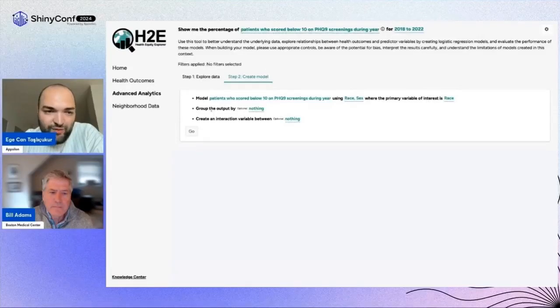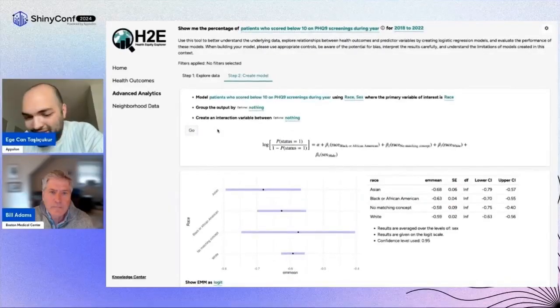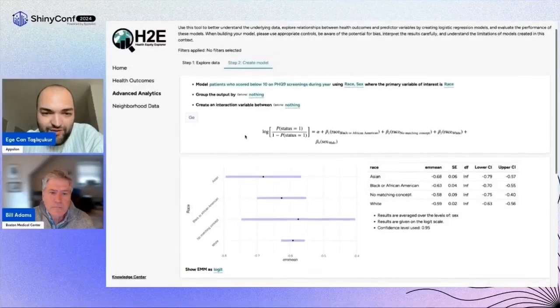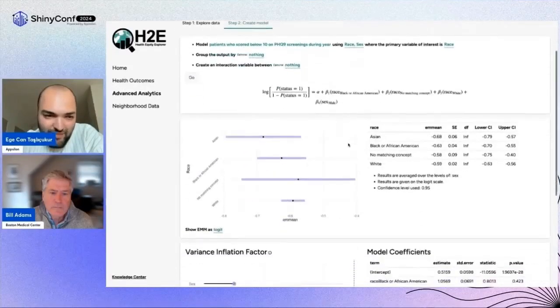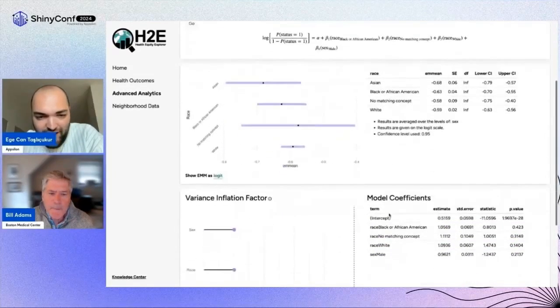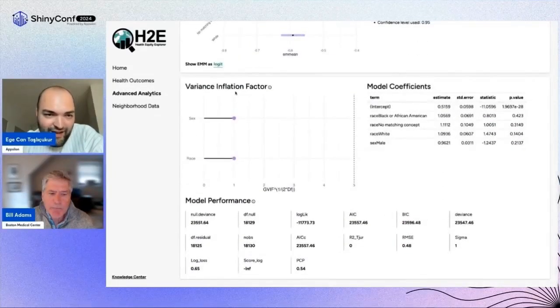Then you can also optionally group the output or create an interaction variable. Let's go ahead and run this model. As you can see, it runs really fast because of the Redis cache we have. And you see the formula here and the estimated marginal means for the primary variable of interest you selected here, and the model summary for variance inflation factor, model coefficients, and performance.